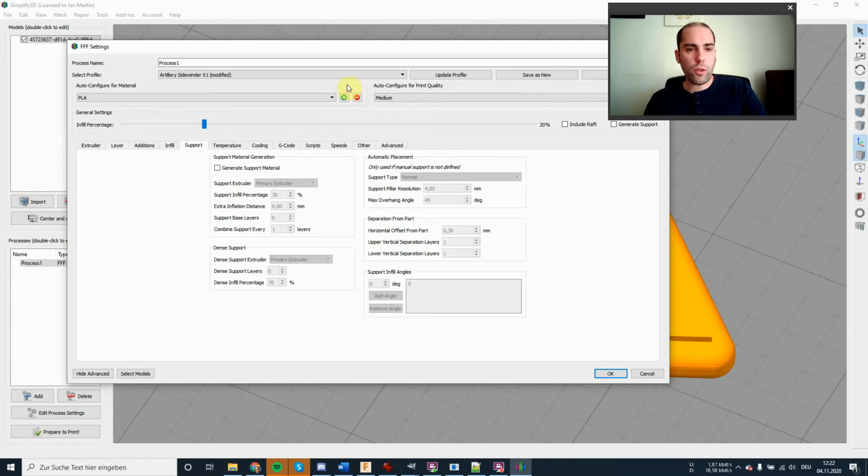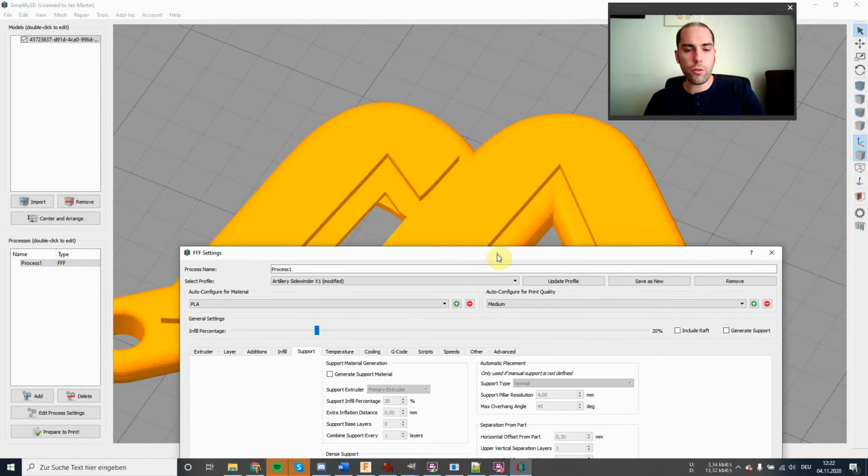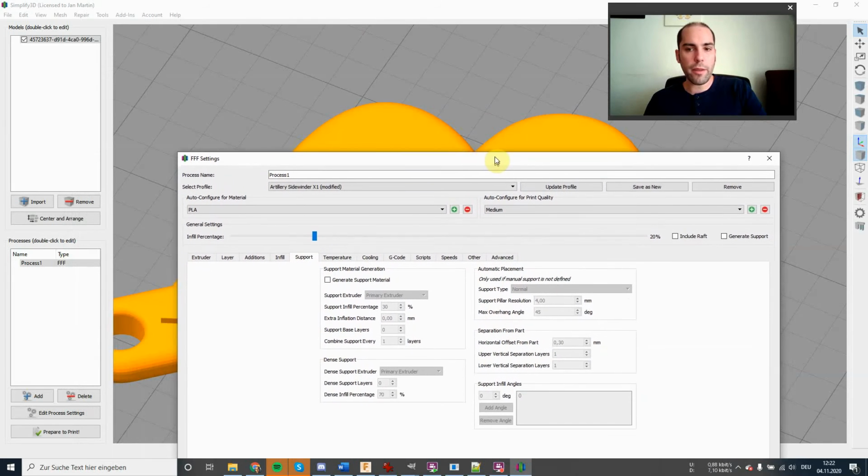Furthermore, we're going to create support material in order to be able to print in thin air.